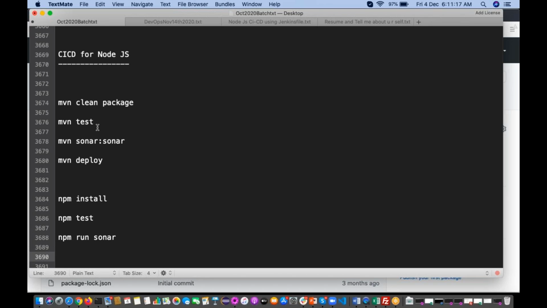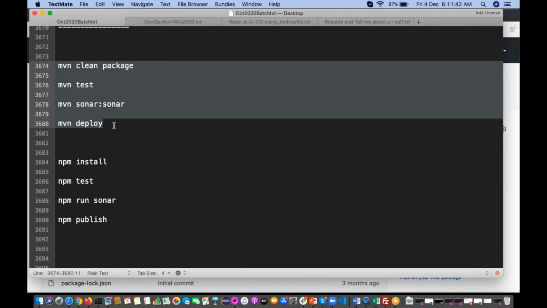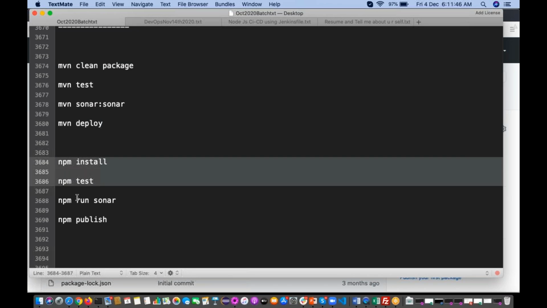If you want to upload the artifact into the Nexus repository, npm publish. npm means Node package manager. Clear? So these are the commands for your Maven build tool, and these are for the Node.js application.